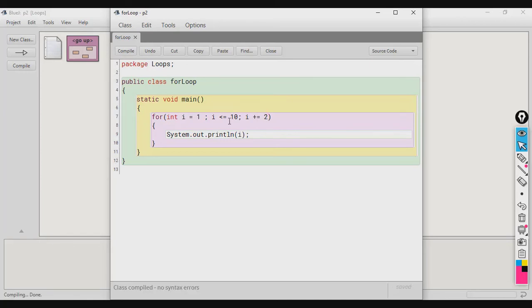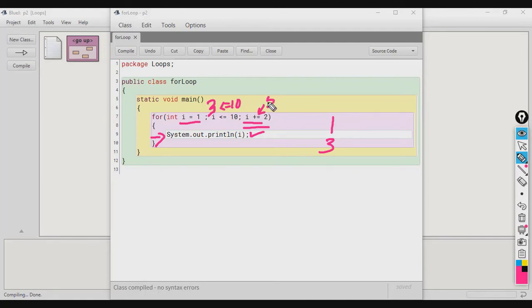This time the variable will be initialized with 1, condition will be checked, 1 less than equal to 10, condition is true, control comes inside, and 1 is printed. Then control comes here to the update part, I becomes 3. Now the condition is 3 less than equal to 10, control comes inside, 3 is printed, control comes here.